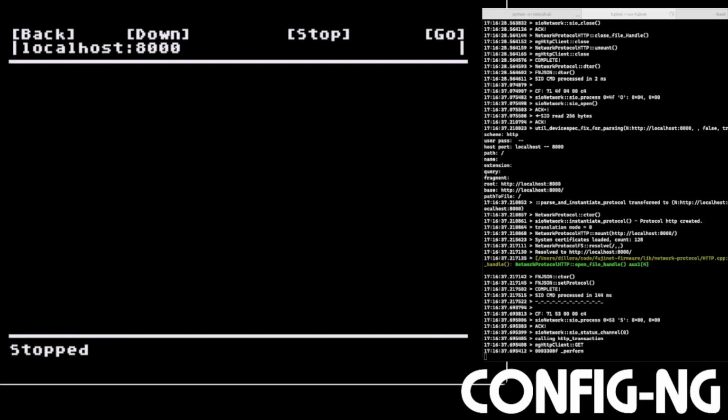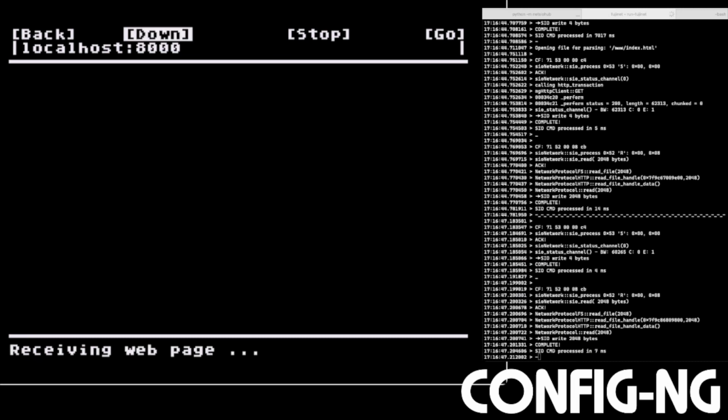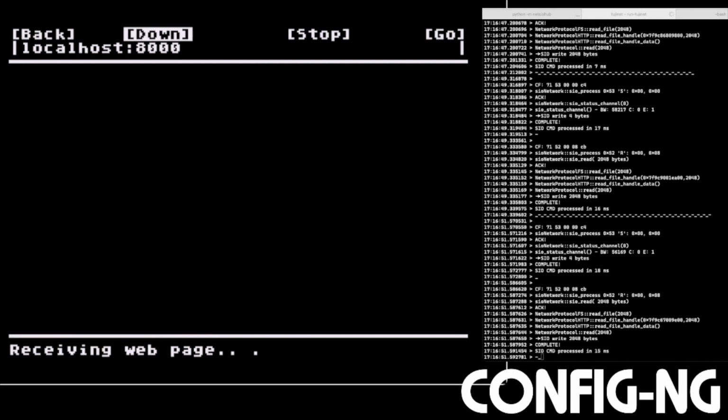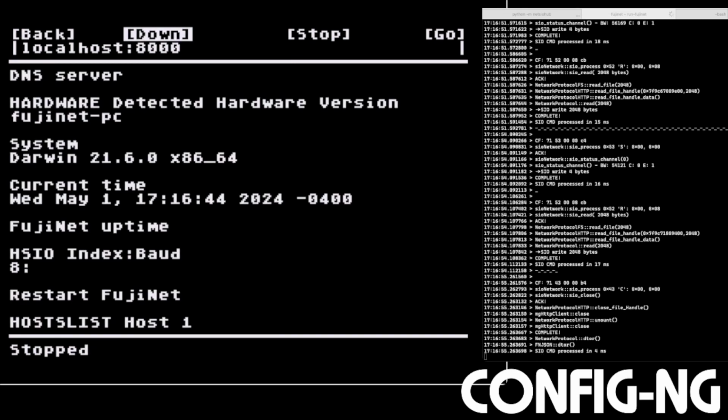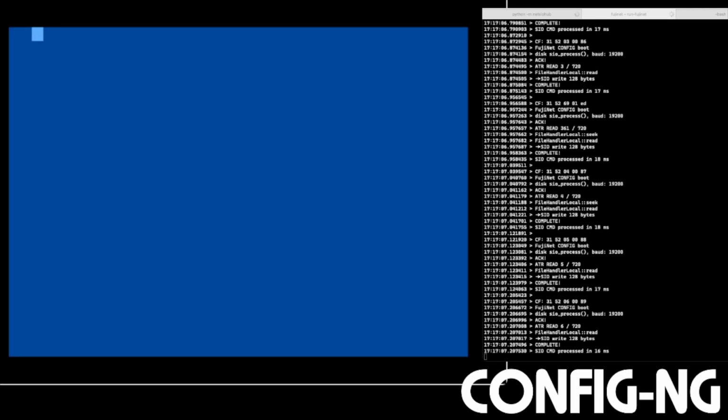If you actually wanted to play around with this long enough, you could go in and manipulate, eject disks, do some other pieces, but you can see that this is the actual FujiNet that I'm using for this. See, there you go. FujiNet PC, Darwin, it's running on my Mac. So there you go. That's web browsing on your Atari. Okay, so that is config ng. It's its own